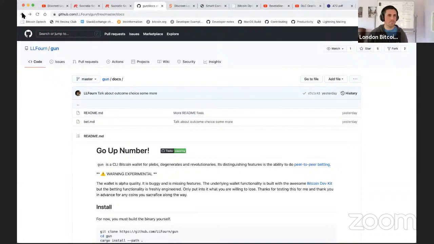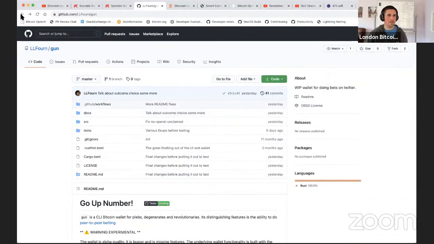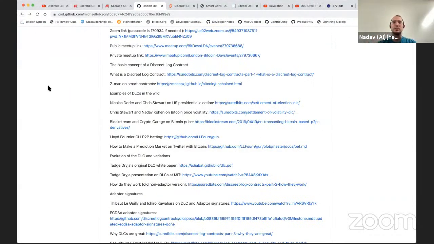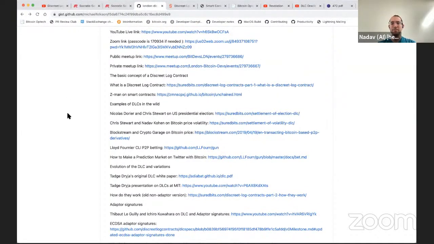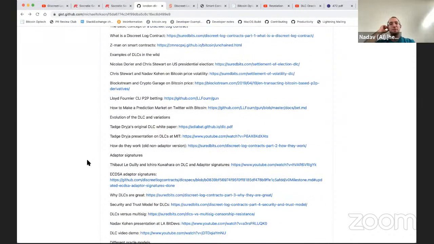Cool. Okay. So, technical side. Just out of curiosity, is Lloyd's tool for binary outcome stuff, or does it work for more general stuff? I don't know. Me neither. It seems very early. I think he just posted it today or yesterday. I remember, it just looked cool, so I added it through.